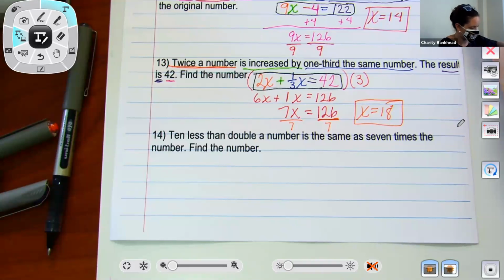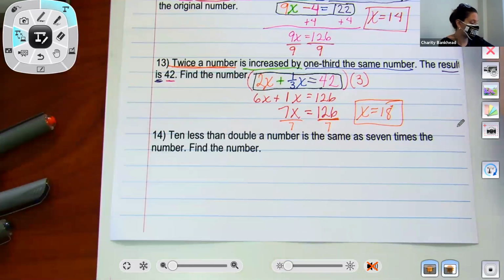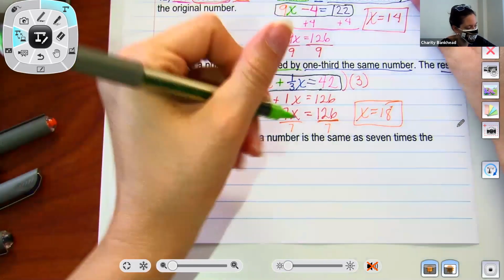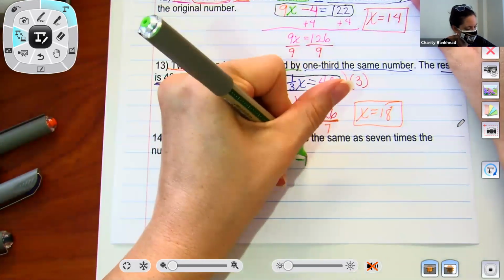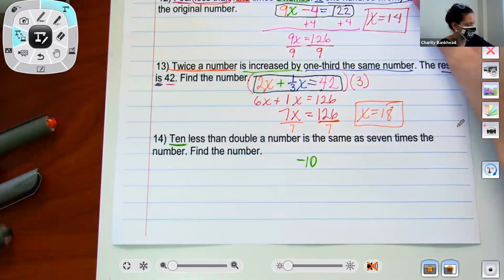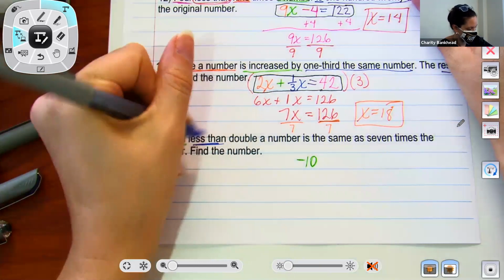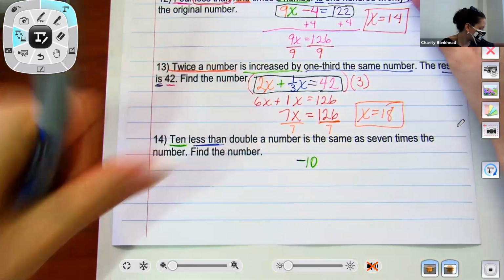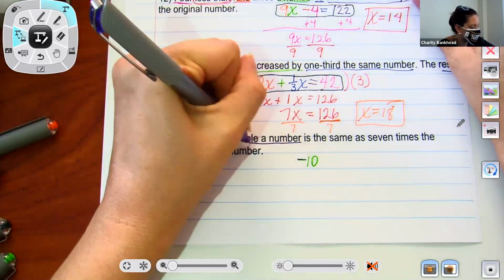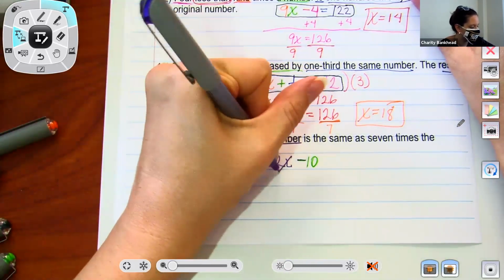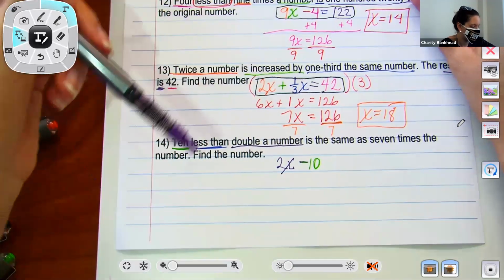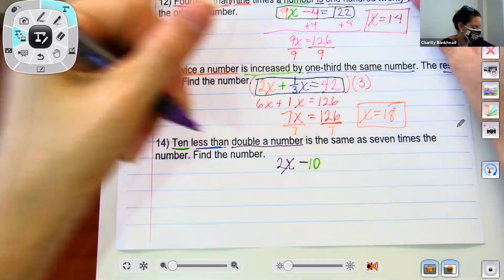Okay, here we go. So 10 less than, so that's something minus 10. And less than double a number. So double a number is 2x. So when it says 10 less than double a number, that translates to 2x minus 10